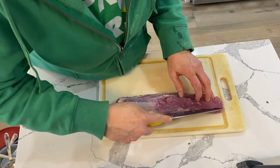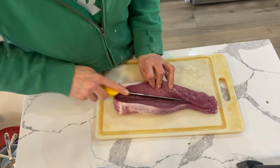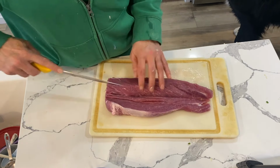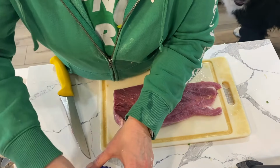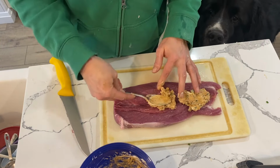Now to stuff a pork tenderloin, I'm just going to slice it down a side, but not slicing it all the way through. And then I'm going to open it up flat, and this is where I'm going to put the stuffing in. Now the stuffing will come out, but it's all part of the dish. You're going to have a little bit of a sauce to put on,